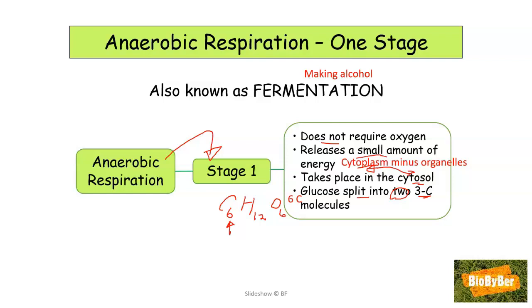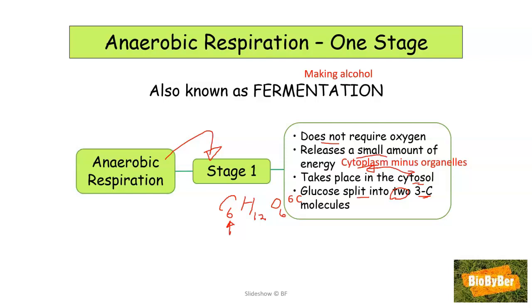You might recall that respiration is a catabolic reaction where complicated chemicals are broken down into simpler ones with the release of energy, and glucose here is split into 2 simpler 3 carbon molecules,